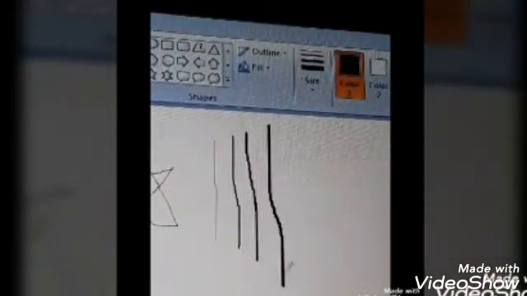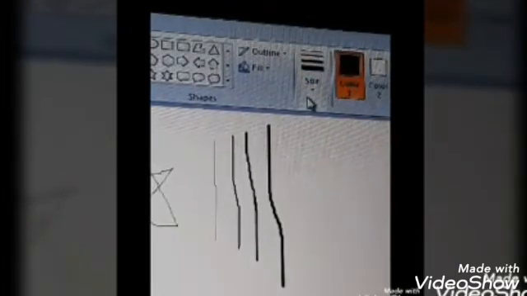Here you can see the size. When you click, you can see different lines of different size, different thickness. Okay, when you take the first one, you get the thin line. Now if you take the second option, you will get a little thicker line. Then the third one, obviously thicker, and the last one is the thickest. This size option, you can use for pencil and the brush.